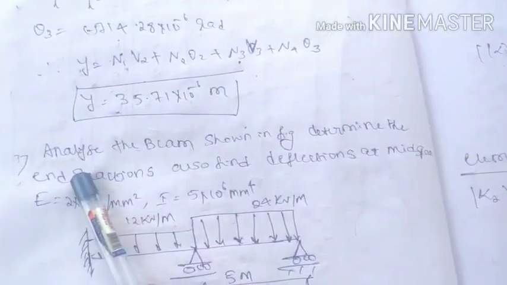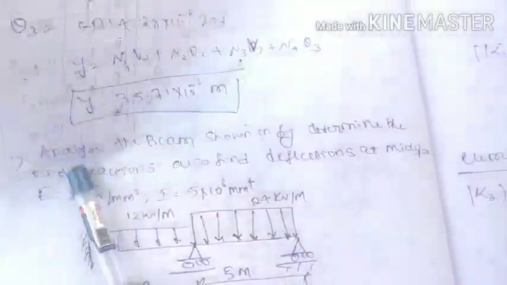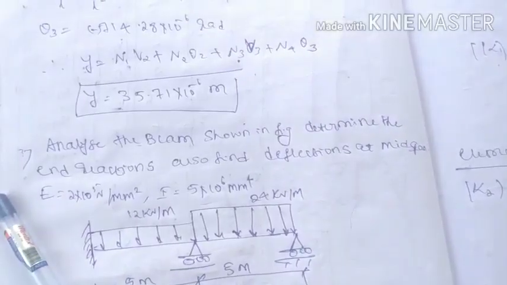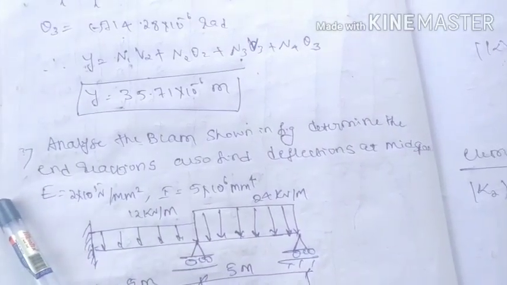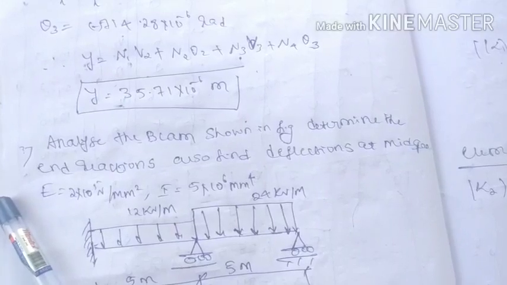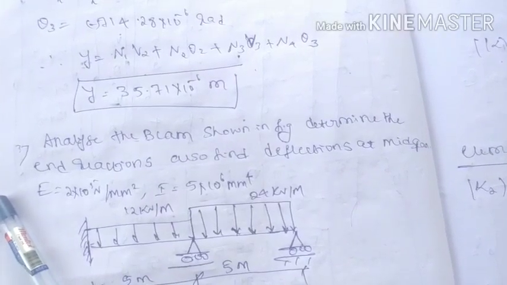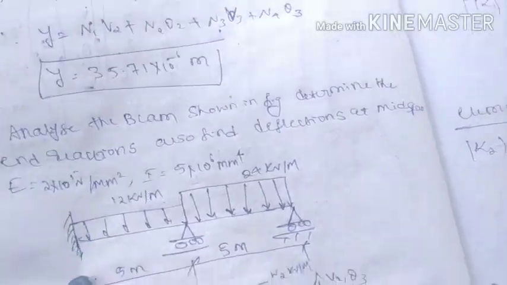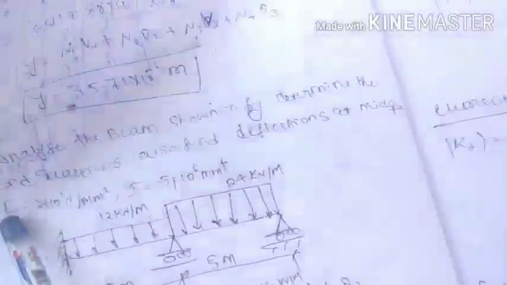Analyze the beam shown in the figure. Determine the end reactions. Also find the deflection at midspan. That is, take E equal to 10 raised to 5 Newton per mm square, and I is 5 into 10 raised to 6 mm to the power of 4. So again the same cantilever beam is given. The thing is now